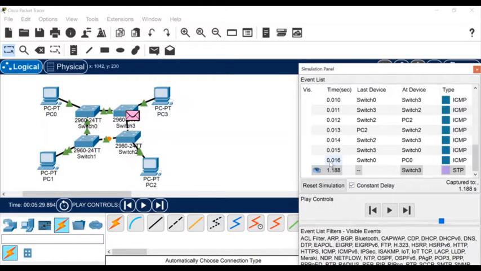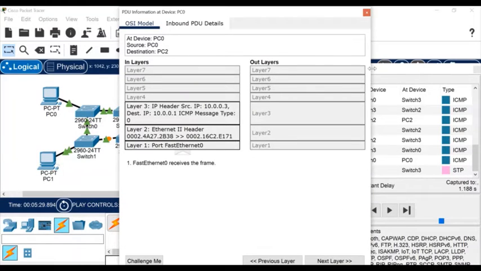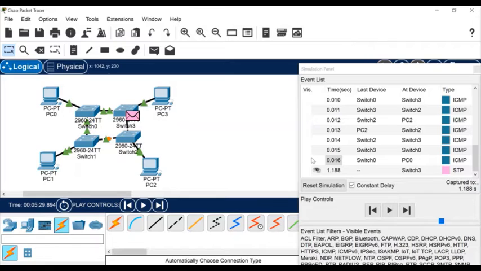You can see here it is finishing in 0.016 seconds, which is quite a bit earlier than the bus topology.